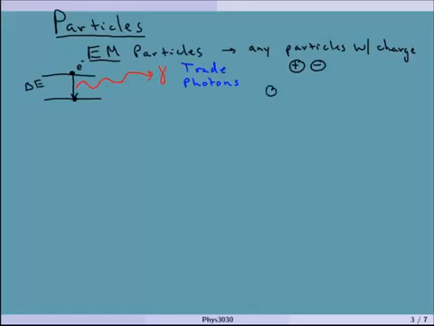I like to think of this as two people playing ball with each other. As the two people play ball back and forth, they interact by trading this ball back and forth. And that's exactly how electrons, protons, and anything with charge, in fact, interact with each other: by passing particles back and forth between them. Okay, and these have a name. Any particle that